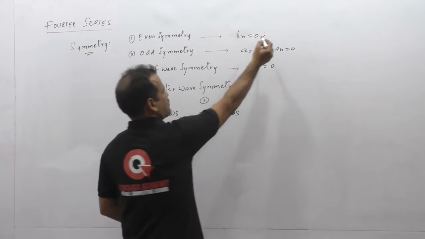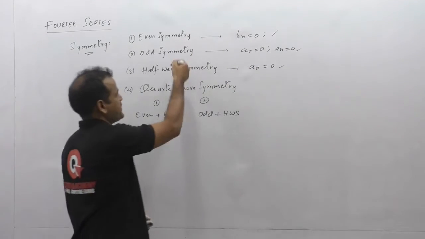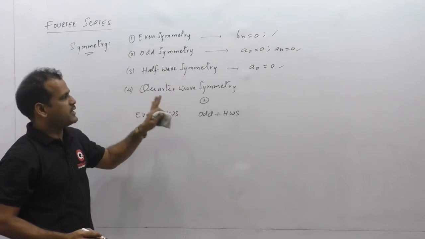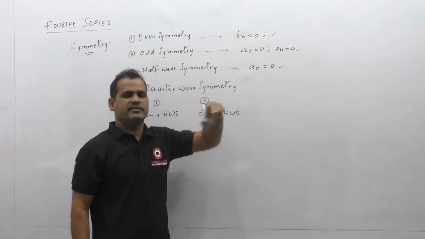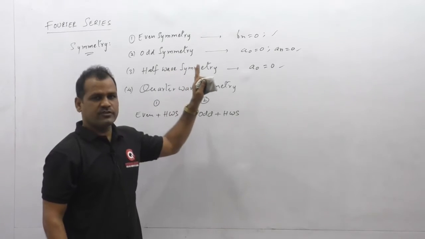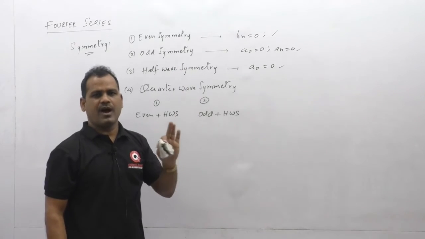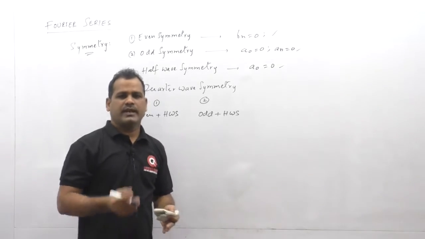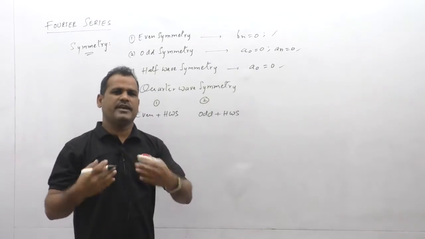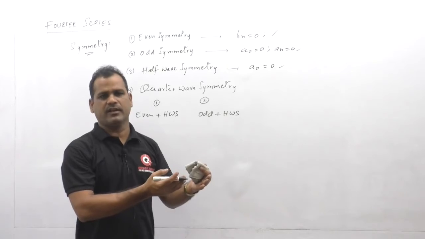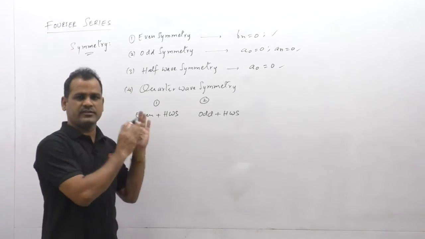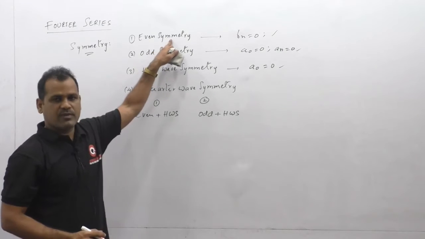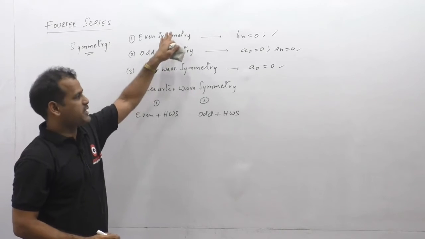So observe, some of the coefficients are 0 for these symmetric conditions. And we can take some coefficients 0, and at the same time the non-zero coefficients can be defined only for the odd harmonics, and the length of the integration is reduced here. So if the calculation of Fourier series coefficients is taking more length for a particular periodic signal, we can apply these symmetric conditions if it is possible to apply for such signals. Anyways, I will give the formulas for non-zero Fourier series coefficients here one by one.